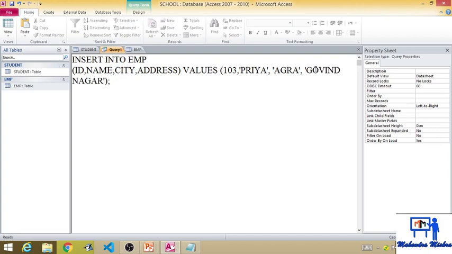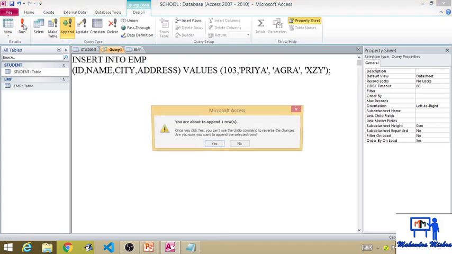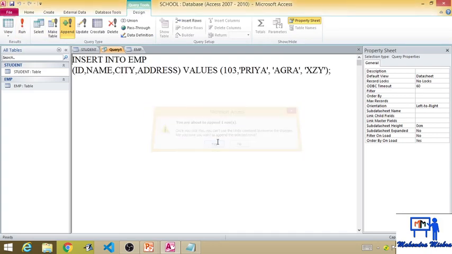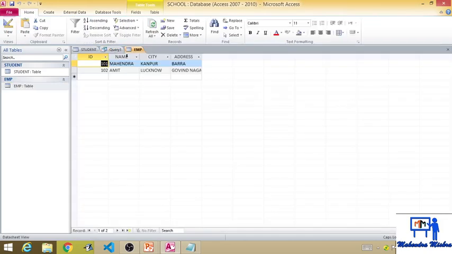Address could be anything, suppose address XYZ. Okay, go to the design, press the run command, click on the yes button, click on the emp table. Now the previous record is not showing here. Click on the refresh button. Now see, one record is inserted.